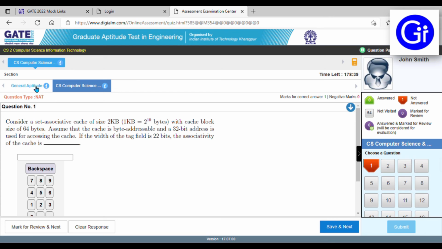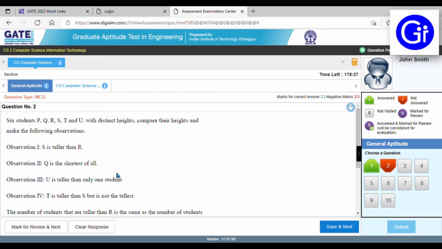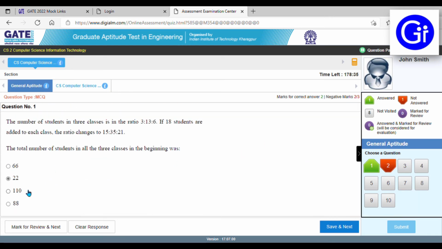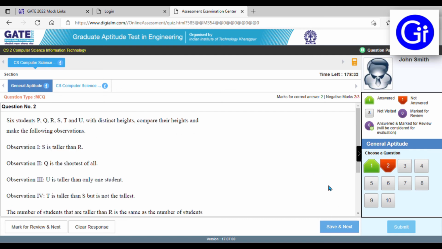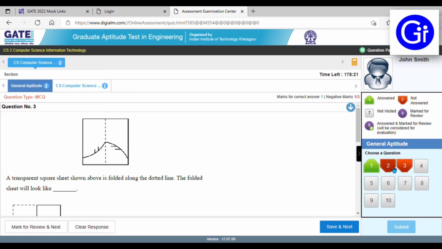If again I go to general aptitude, as I had selected an answer and did save and next, this one becomes green, because green is for answered, meaning I have already answered this question. If I don't answer any question and just leave it, then question 2 will become red. That means it is not answered. And there is a purple color that is marked for review.